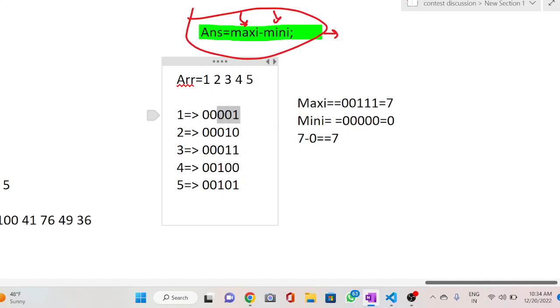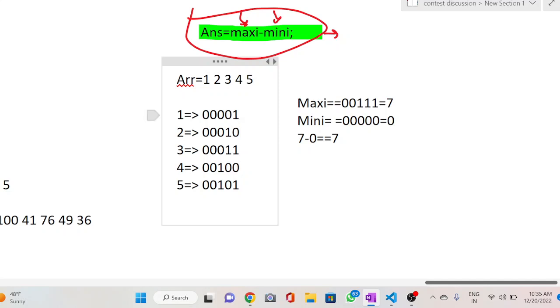And the same for mini. If we try to minimize this number, we take AND, so if any element contains 0 at this position, the AND operation converts this 1 into 0. So this is our mini. In order to minimize, initially this is our 1.